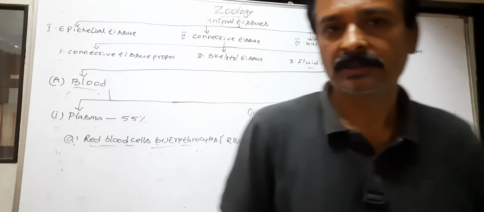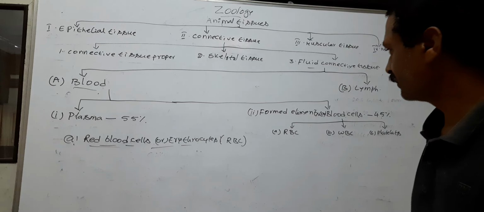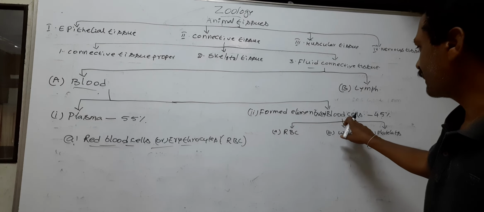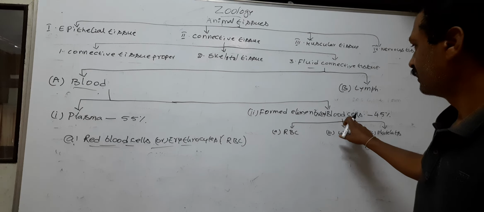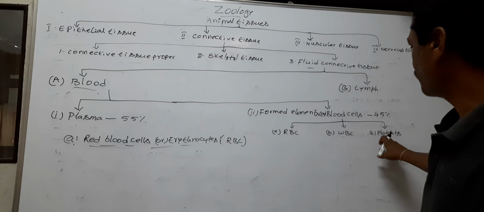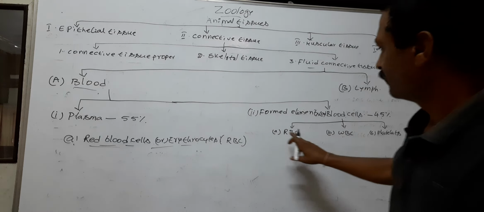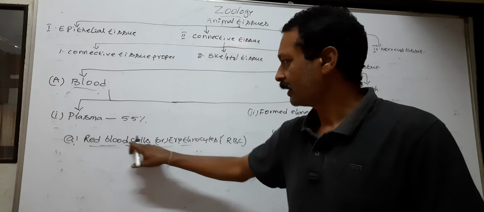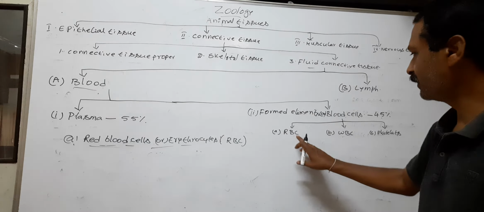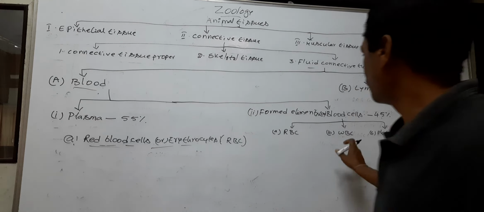Hi students, now we discuss the formed elements or blood cells. Blood contains RBC, WBC and platelets. We completed red blood cells or erythrocytes or RBC. Now we discuss the WBC,